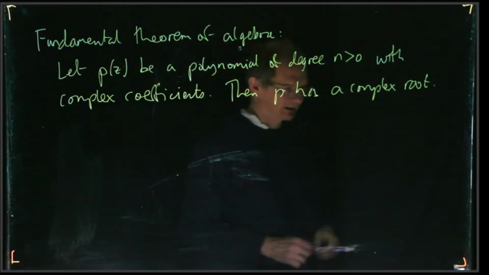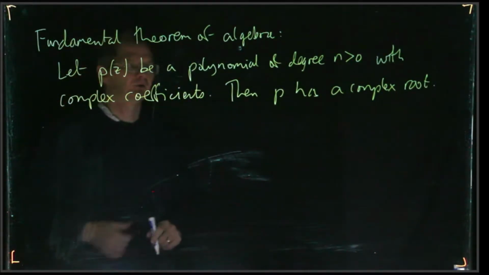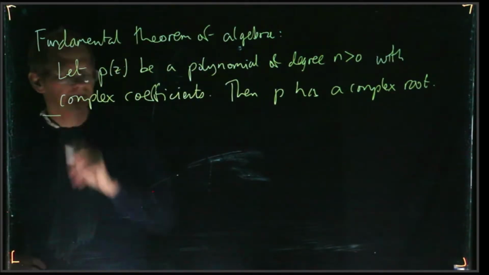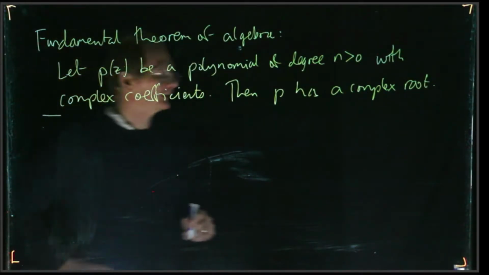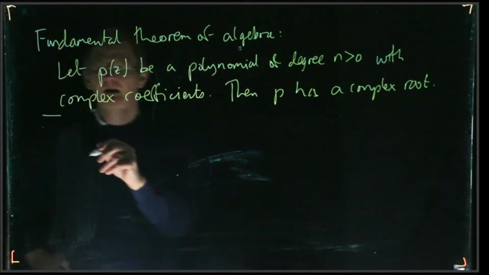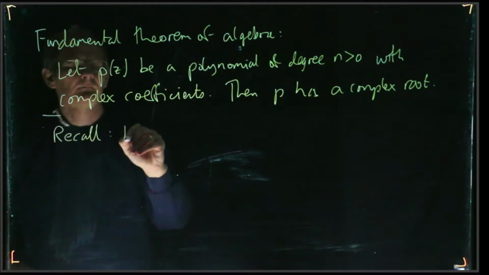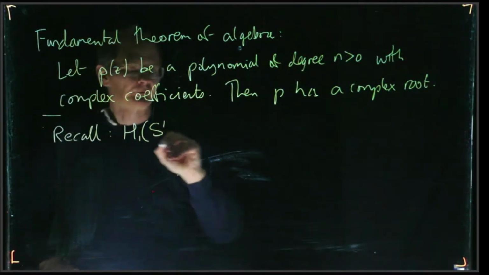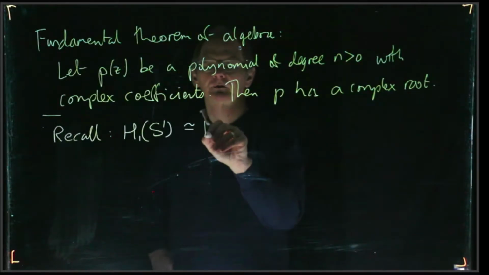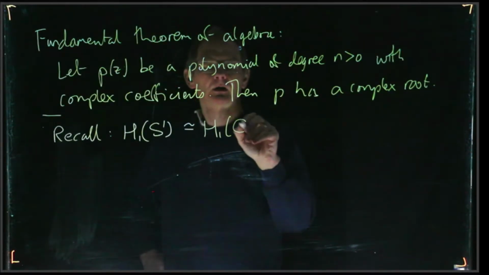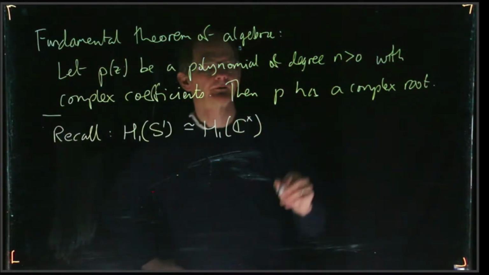Okay, so there's a whole number of different ways of proving this, but we're going to do one which uses homology theory. So for that, we're going to use the homology of the circle and of the punctured complex plane. So we proved earlier, in two different ways, in fact, that the first homology of the circle, which is the same as the first homology of the non-zero complex numbers,